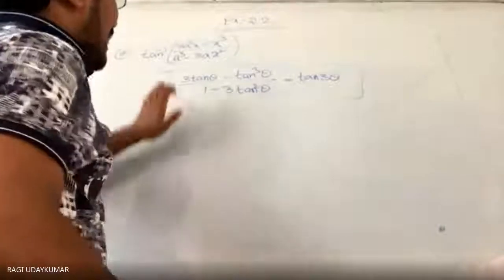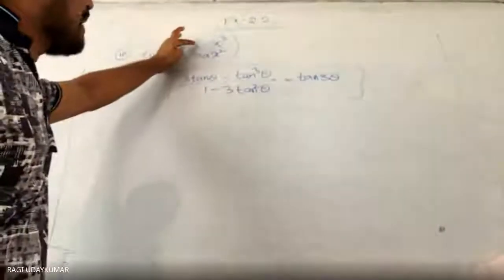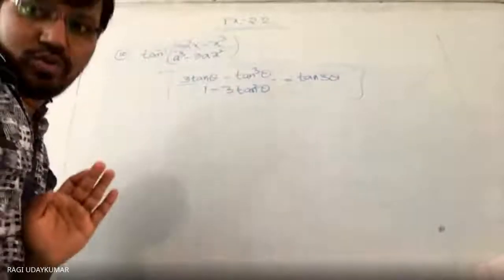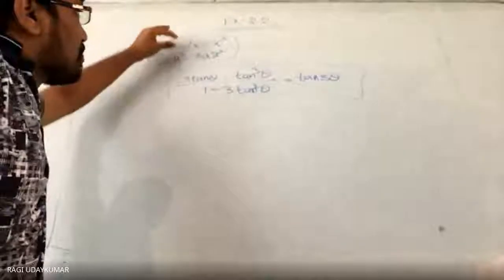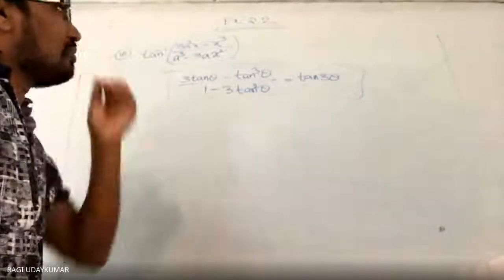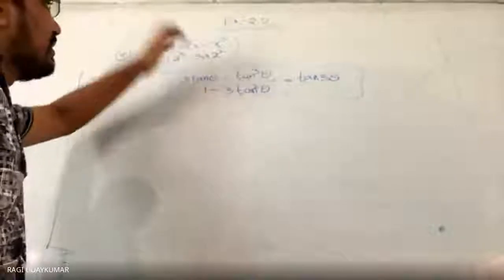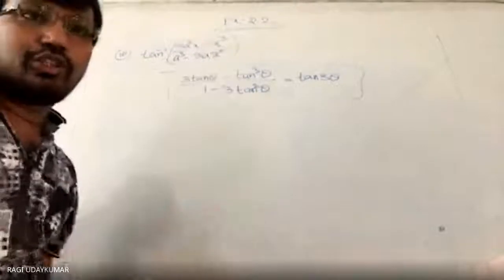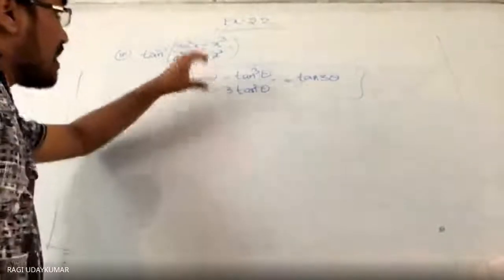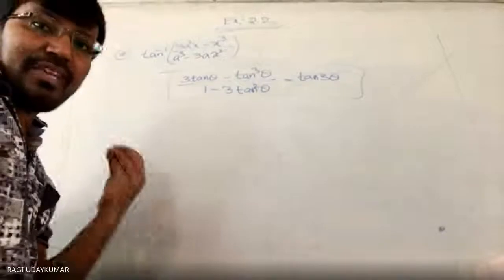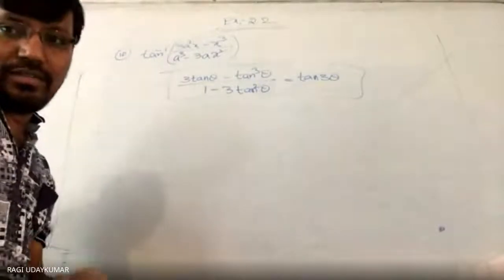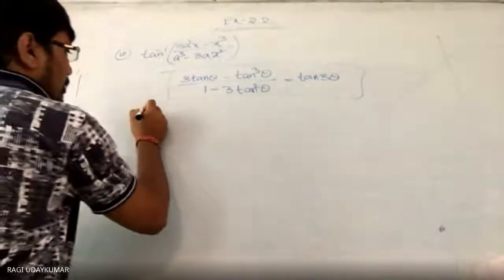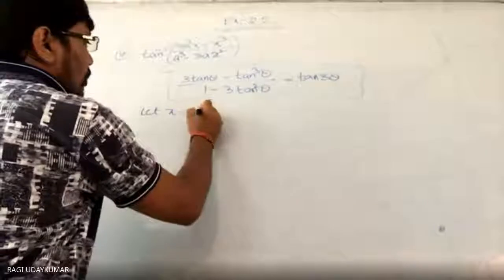समझ में आ रहा है ना? There a square extra is there. 3x, 3 tan theta. x का प्लेस में tan मान लो. कंपेयर करो, ये दोनों को कंपेयर करो. अब ये प्लेस में 1 ले लो. ये दोनों सेम है ना? लगभग सेम है ना? So this formula should be used. So for that, as you are having a in the place of x, you take a tan theta. Substitute. Let x is equal to a tan theta.